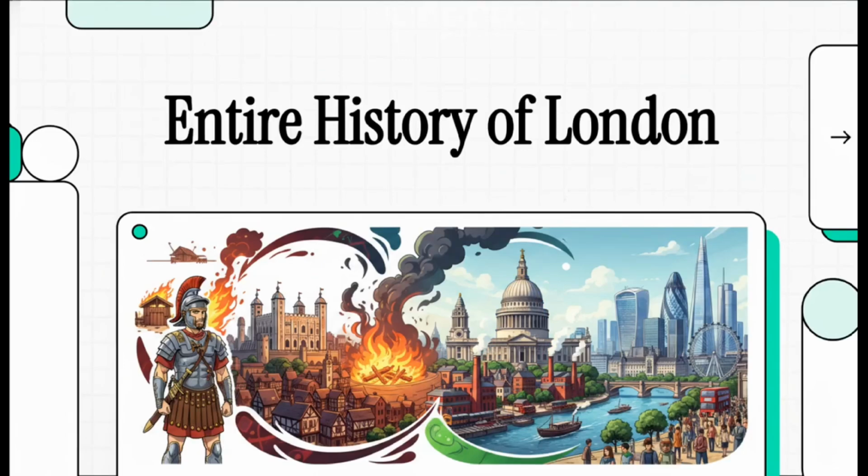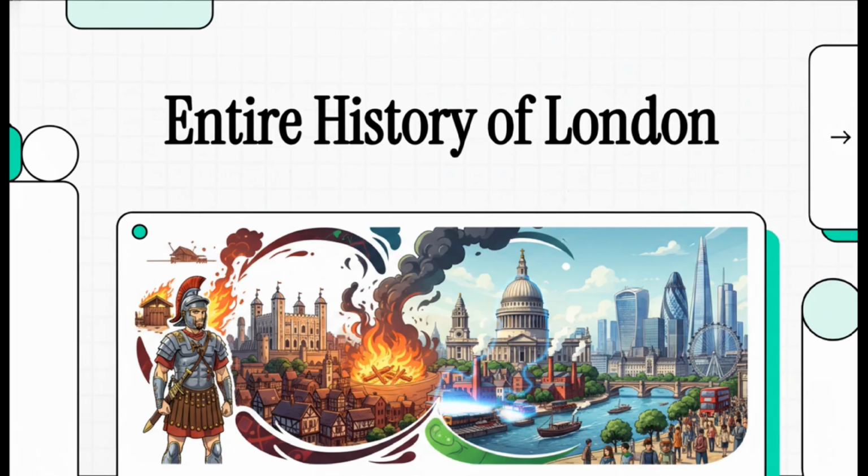Welcome to this explainer. Today we are tackling London. It is just a staggering, massive metropolis. Today, the capital of the United Kingdom is home to approximately 8.9 million people. That's huge. But to truly understand how it reached this massive modern scale, we have to travel all the way